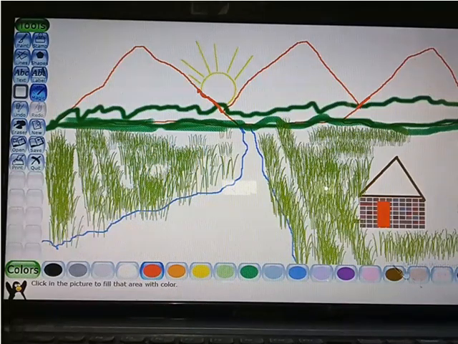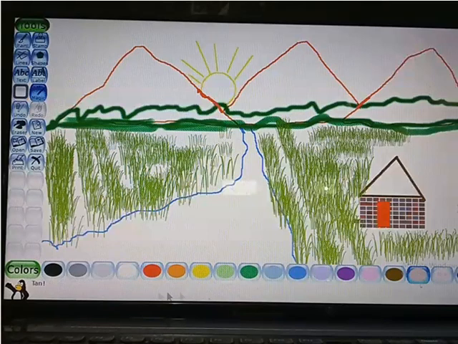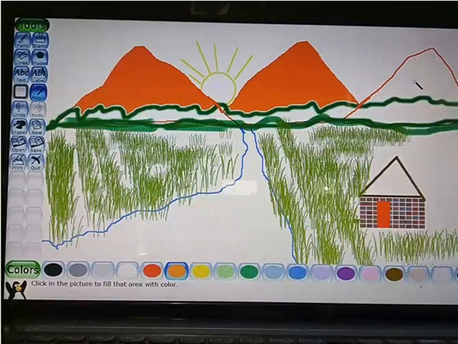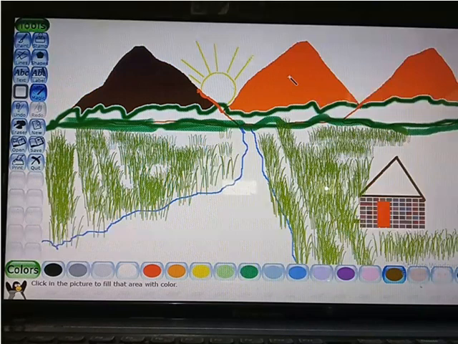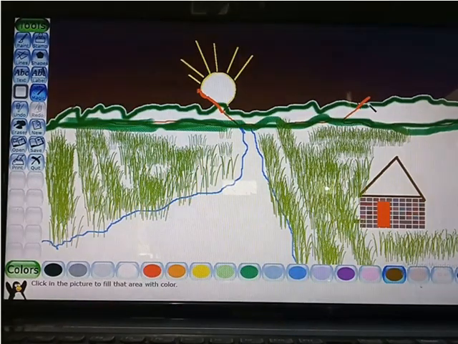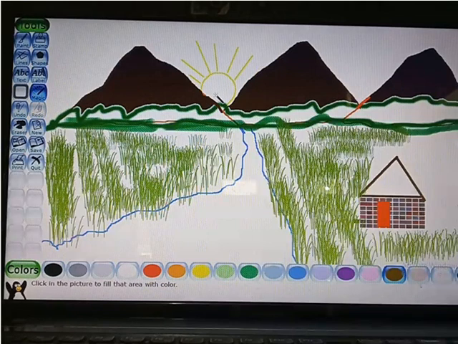Suppose I want to color the hills with this color. Or this color, then you will use it like this. Or if you use this color, whatever color you want to choose, you can color like this. This is a thing I did afterwards, that is why it is showing like this. This drawing I made later on, that is why it is showing red. So this is the fill color option.